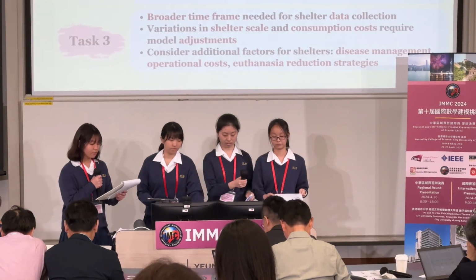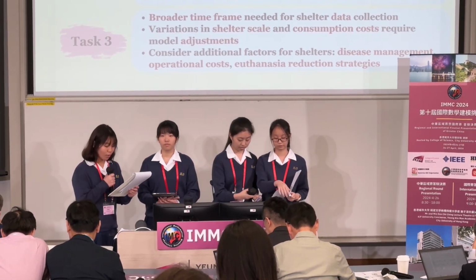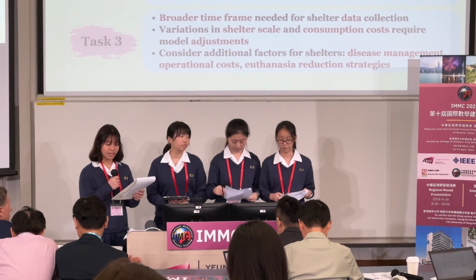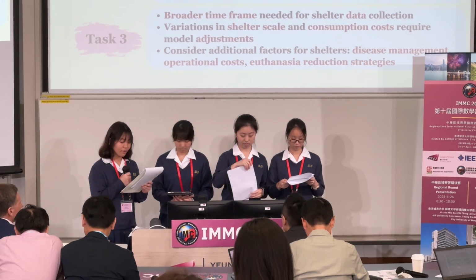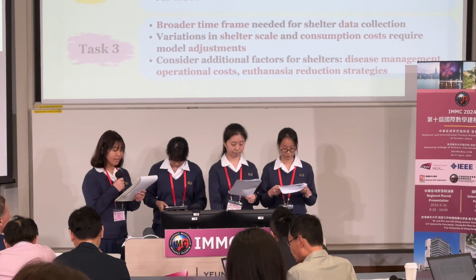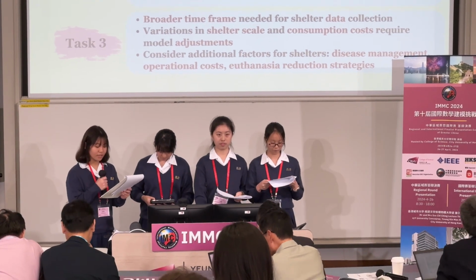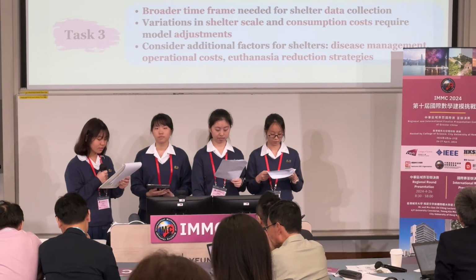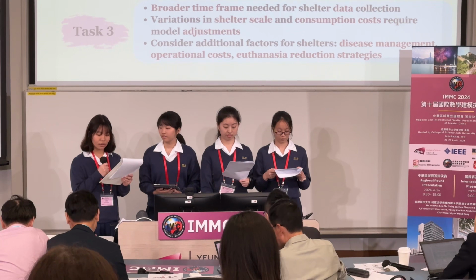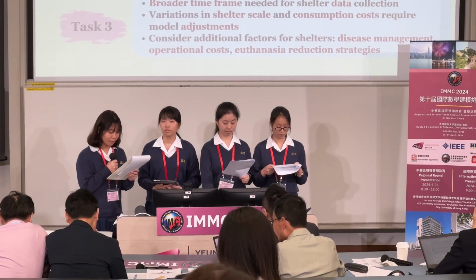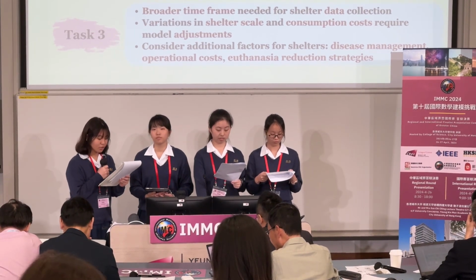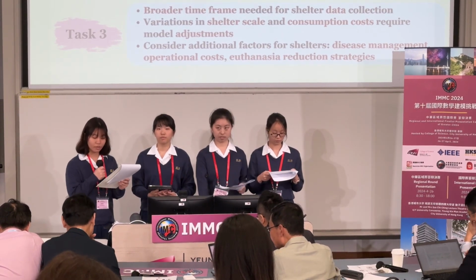In test 1, individuals in the high-scoring group who own properties are more inclined to be suitable, while those with higher income deem ownership more suitable. However, there may be an issue of repeat calculation due to space factors. In test 2, we select indicators based on pet attributes, but only consider a limited range of pets. In test 3, we only have limited years of shelter data, suggesting the need for more years of data and considerations of cost differences among shelters of different scales to improve model accuracy.